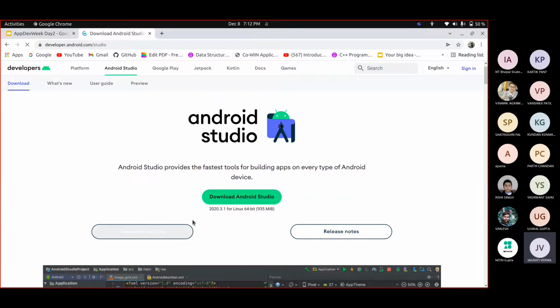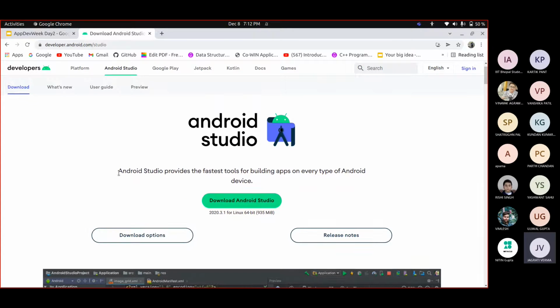So if you copy paste the link into your browser, the website itself will show you if you're using Linux or Windows. For now, I'm using the Linux 64-bit version. If you have Windows or Mac OS, there is nothing to be worried about. You can just download Android Studio itself, and it sets up its own Java and everything. It downloads the latest Java, so it's very easy to download. It's just a zip file, or a .deb file if you're using Linux, so that is not a big deal.